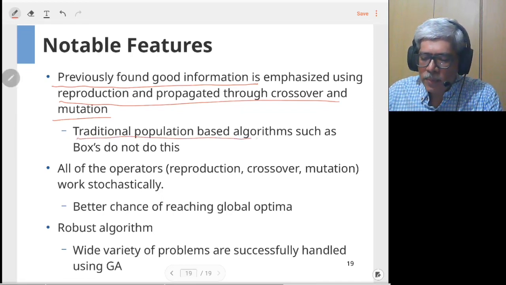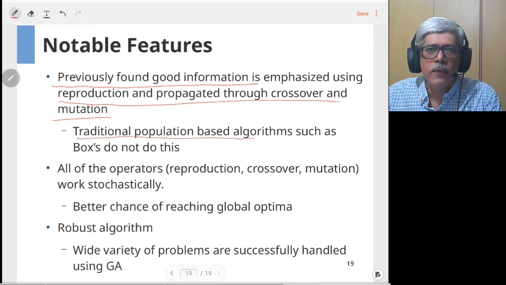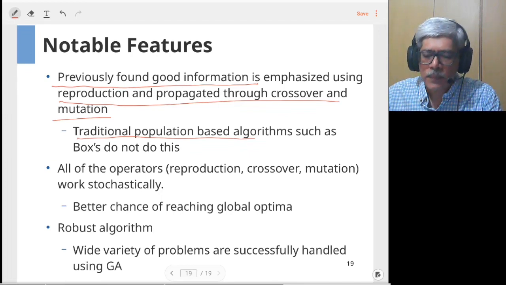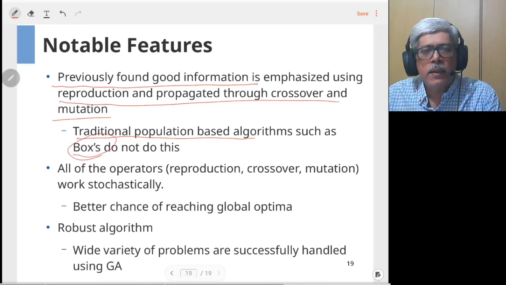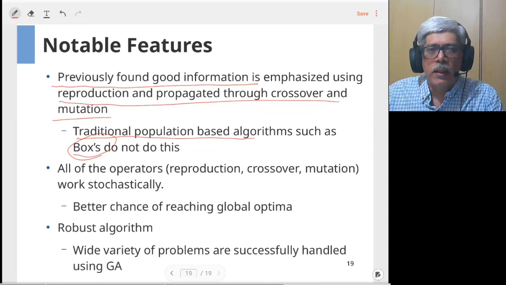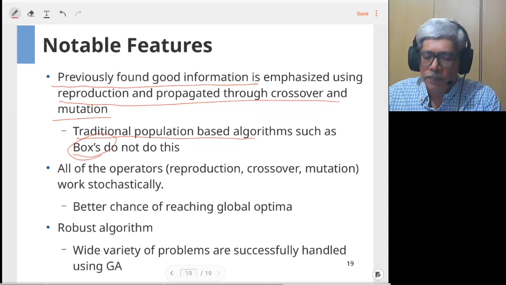The traditional population based algorithms, we have already seen the box algorithm, which also works on multiple points in each iteration, but it does so on an individual basis. It only considers a point among your cluster which has the best value towards the optima, and then continues with that point as a reference and moves ahead. Whereas in this case, you have collective decision making, which makes it powerful for more complex scenarios which have many local optima, and you have to move towards a global optimum which is hidden among them.